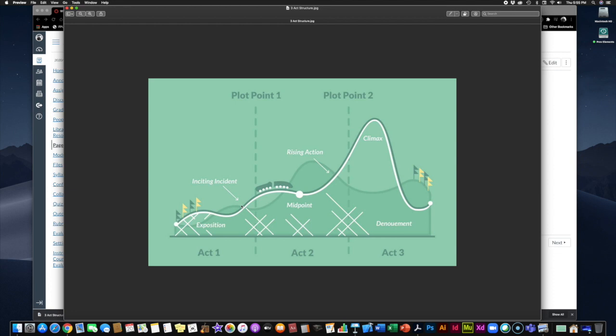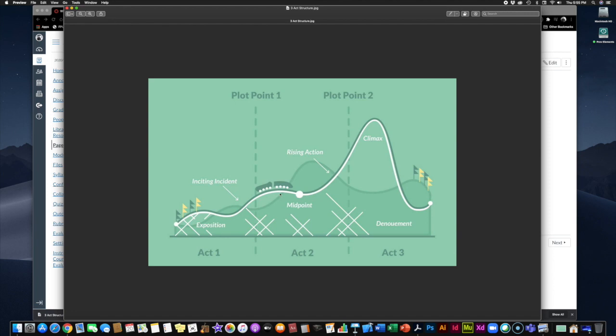And then towards the end of the first act, something happens that changes their status quo. It can be a good thing, could be a bad thing, could be a funny thing, could be a serious thing, but something happens that sends your characters on some kind of a journey. And then that brings us into the second act, which is towards the middle of the story. And then a lot of things can happen in the middle of the story. Maybe they gain more information. Maybe they go on an actual journey. Maybe they meet new characters. Maybe something good or bad happens to them, where they have to continue on with the story. They can't just turn around and go back to the beginning of the story. There's something in the story that makes them have to go on.